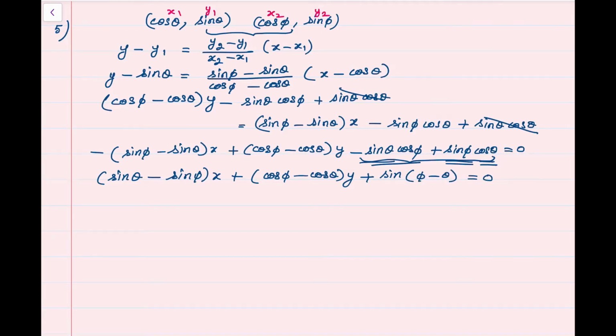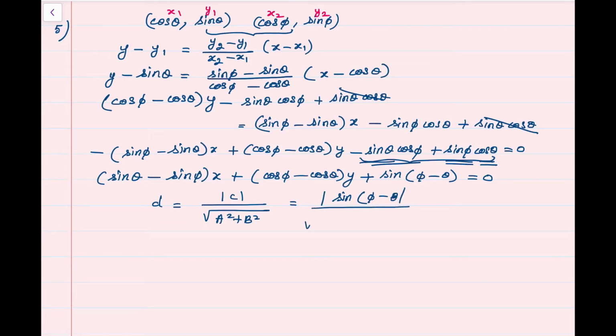We have to find the perpendicular distance from the origin to this line, and the formula is absolute value of c divided by root of a square plus b square. Absolute value of c is sin of phi minus theta